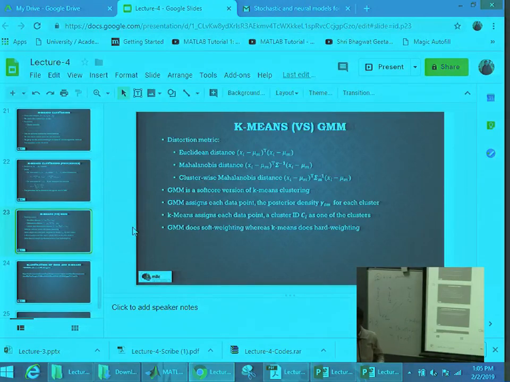That means before doing k-means clustering itself, we are assuming the data is coming from a GMM? Yes, that depends upon what distortion function you use. But do all of them involve the Gaussian mixture model assumption? No, not all. Only cluster-wise Mahalanobis distance is close to GMM. The rest assume no GMM. They assume that the cluster itself is a single Gaussian with identity covariance.